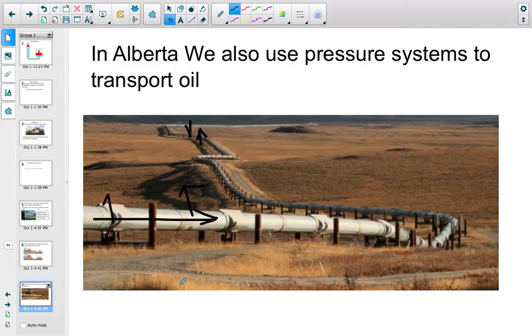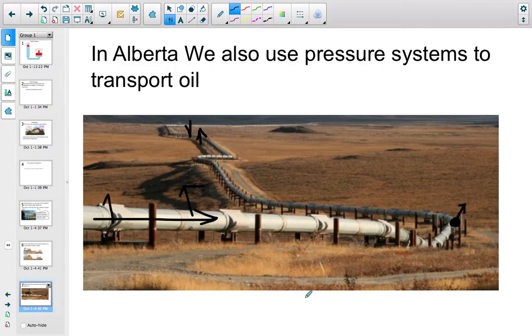along these pipelines. What you also may notice, except for here and here, is that the pipeline wants to be roundish. It wants to curve like this, right? If you have very sharp corners, pressure can build up in those corners, and as pressure builds up,